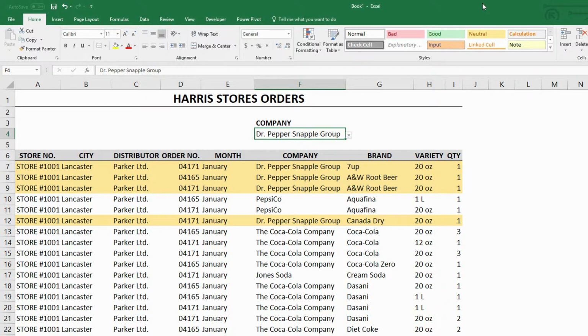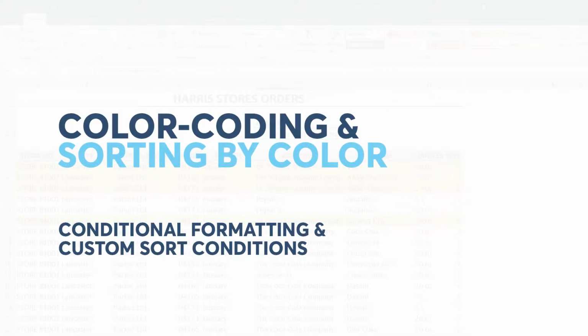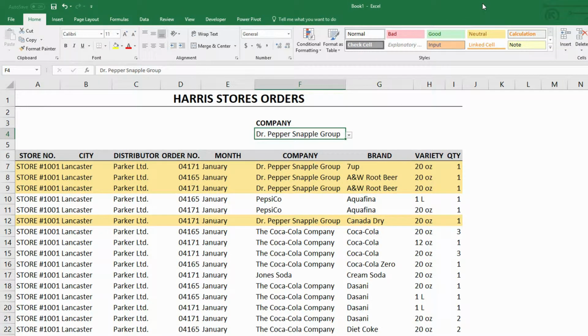And in today's video, I want to show you how to sort a list of information by the color of the records. So in yesterday's video, if you want to check out the link over here to the side,